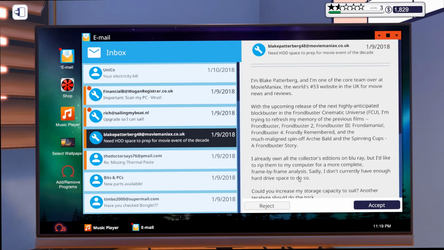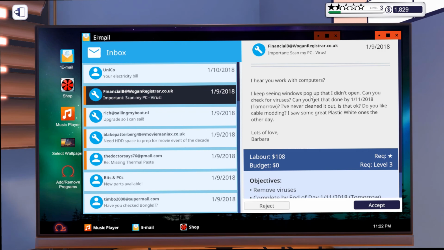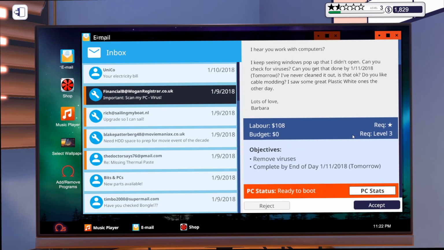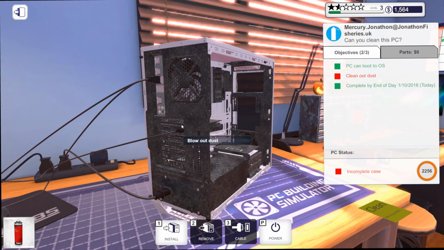Oh boy! Here you work with computers. That's what we do here at the computer shop. I keep seeing windows pop up that I didn't open. Can you check for viruses and get it done by tomorrow? Yeah, I totally can. Everybody wants white plastic cables. Okay. Just gonna keep blowing dust, blowing dust, blowing dust. Now, this guy didn't explicitly say he wanted viruses removed, but...